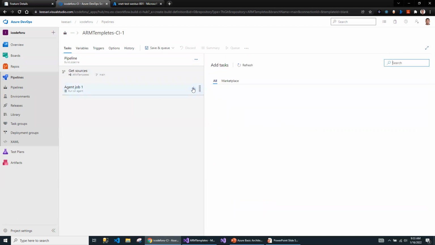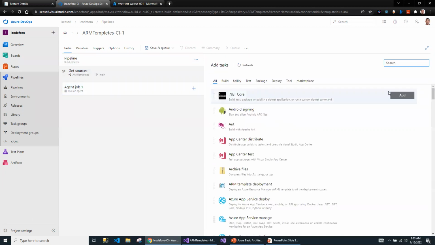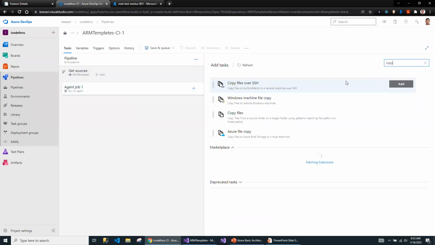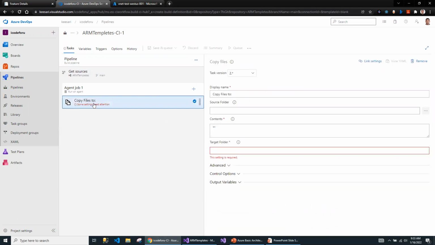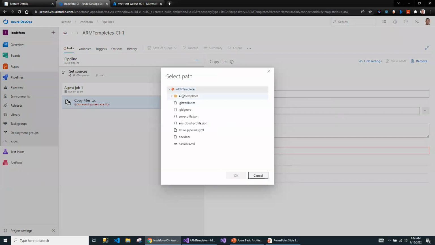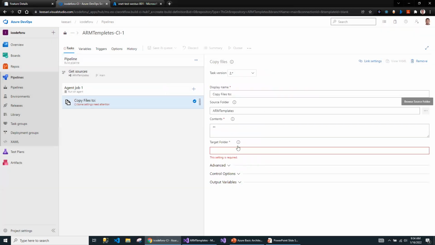What I'm going to do is add a copy file task. The purpose of this task is copying all the files from the source folder, which is going to be the RM template, all the files. Star means all the contents, all the files, into the draft folder.